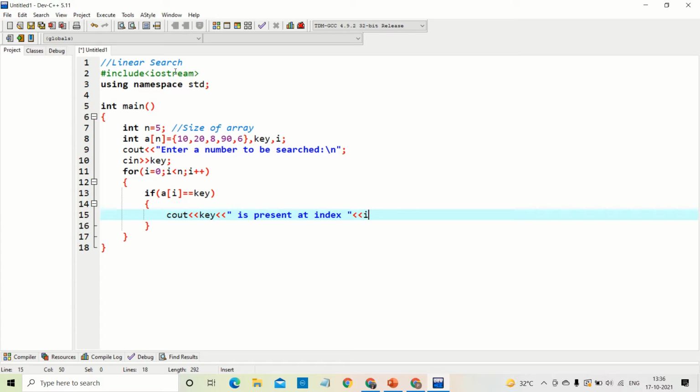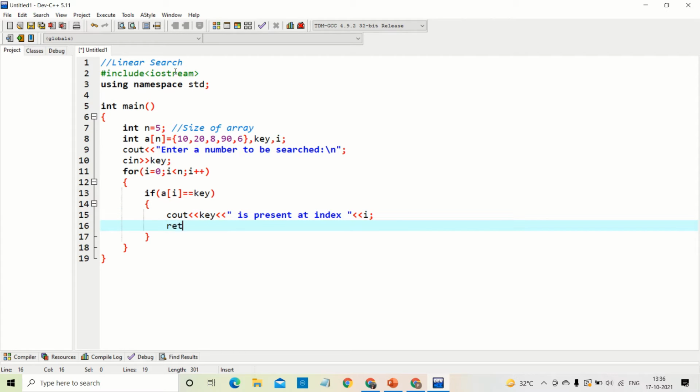So the index of that value will be i, and then I'll simply put return 0. Why I'm writing return 0 is, since we have found the value at a particular position, now we don't need to go further doing comparison with all the remaining values. So I'll simply exit the code, or stop the execution in a way.